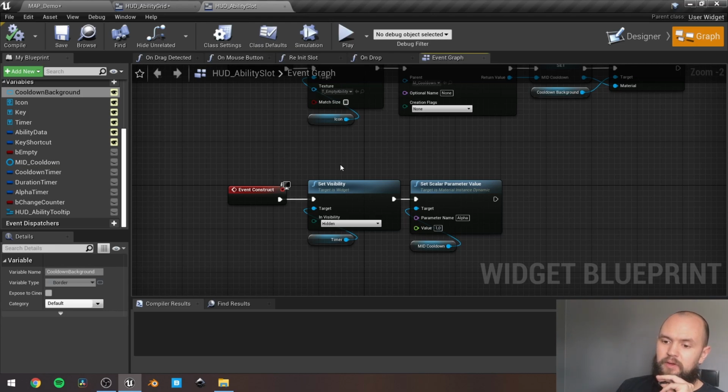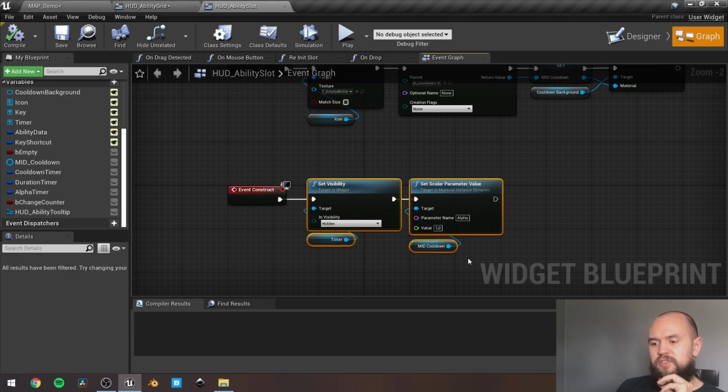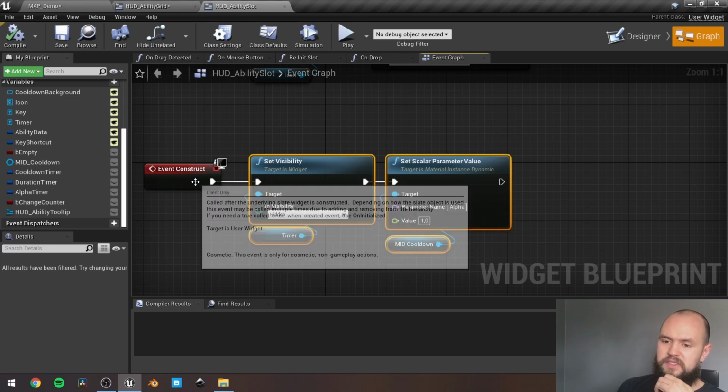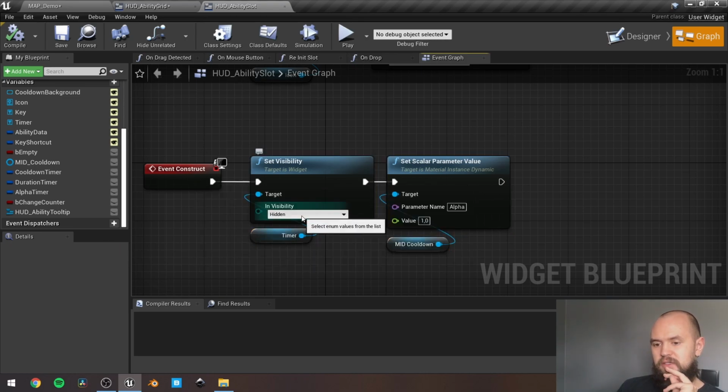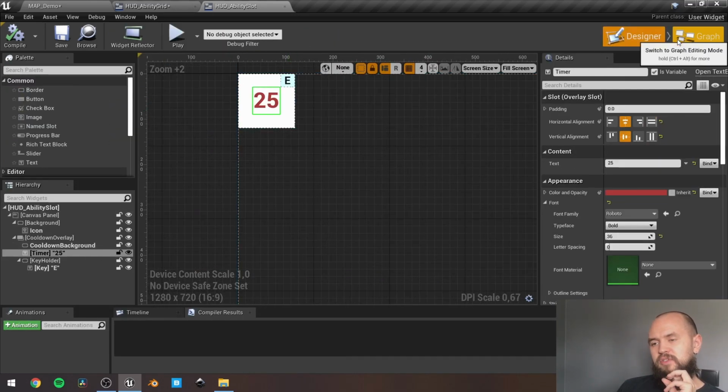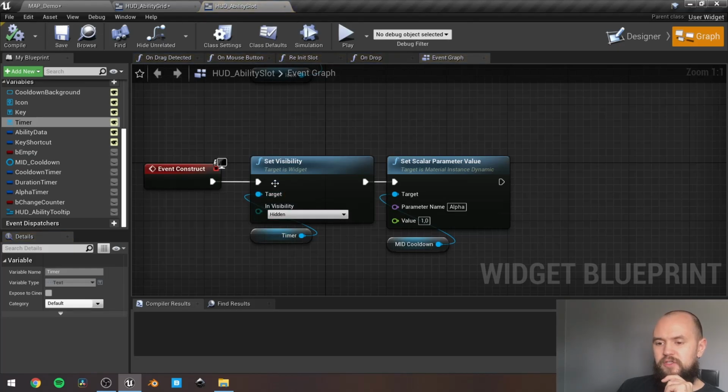So this one will trigger every time I am swapping my abilities, and these elements only need to be used inside the construct. By default, the timer element should be hidden, because if I pick up an item, it's able to be used, so any timer won't trigger. So by default we need to hide this element,